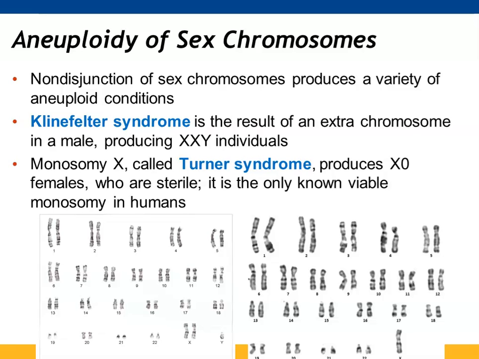You can have Klinefelter, where you end up with 3 sex chromosomes, 2 X chromosomes, and 1 Y. You can have Turner syndrome, where you only end up with a single X chromosome. This is the only monosomy that is known that humans are able to live and go on with life. If you have monosomy for any of the other chromosomes, most likely you will not be able to be born